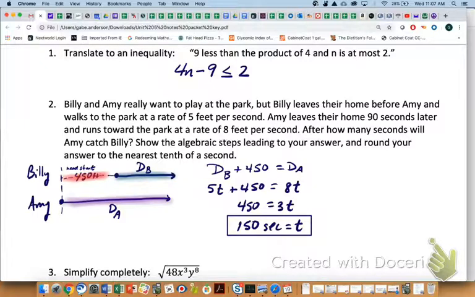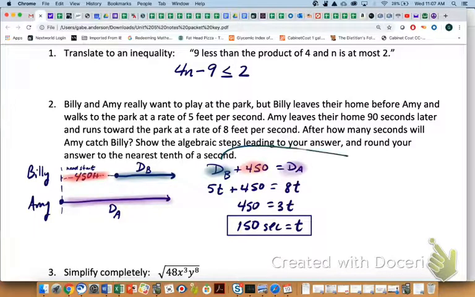Let me use some more colors. Does this part make sense? If I say blue plus red equals purple, do you see how they go together? The blue is DB, the red is the head start, and the purple is the full distance of Amy. Does that make sense? Okay, so then Mason, how I got the 5T and the 8T, because they're similar, is